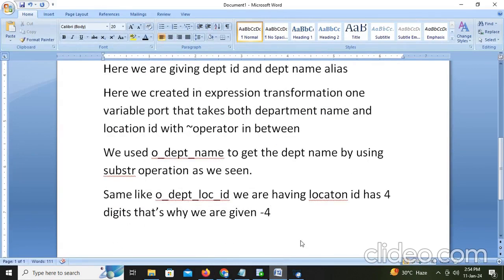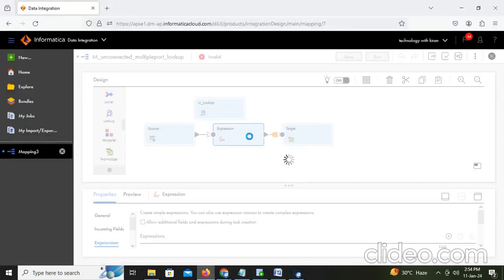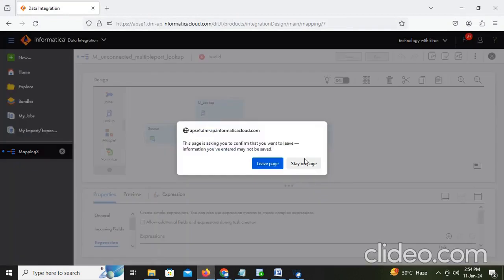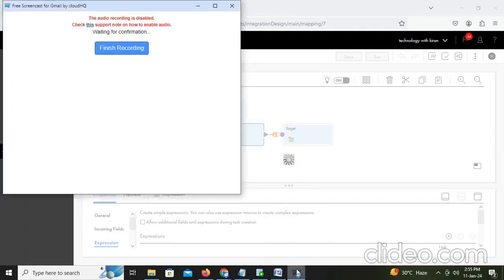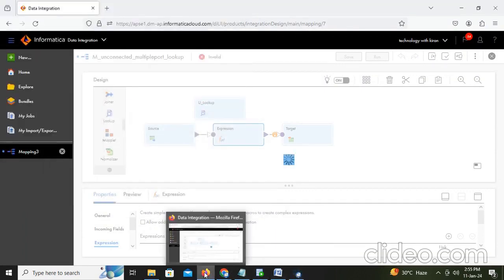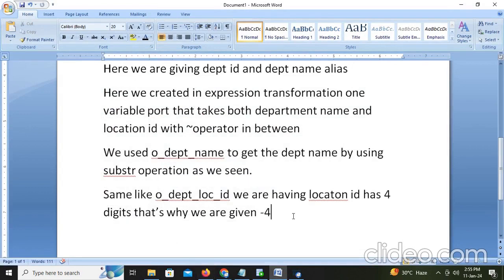We see how much time it takes. Refresh it. Stay on page. Click on press F5. Is that saved or not? We see. Okay. This is regarding unconnected lookup, and